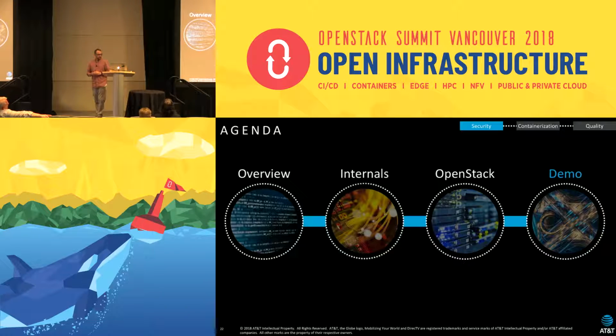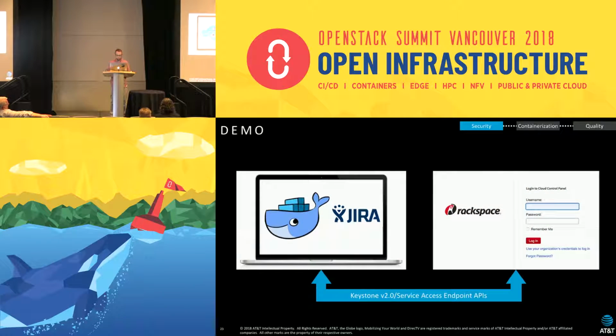All right, so now we're actually going to get into a live demo, which will be fine. Everybody saw the keynote. Everything's good. So let's set this up. On my local host here, I'm running the Dockerized version of SecurityMonkey we showed earlier. I'm running a Dockerized demo of Jira. And then I'm going to interface with a Rackspace account. It's pretty lightly populated so we don't clutter everything up. And we're going to use the existing Keystone authorization and then the various service access endpoints to pull in our